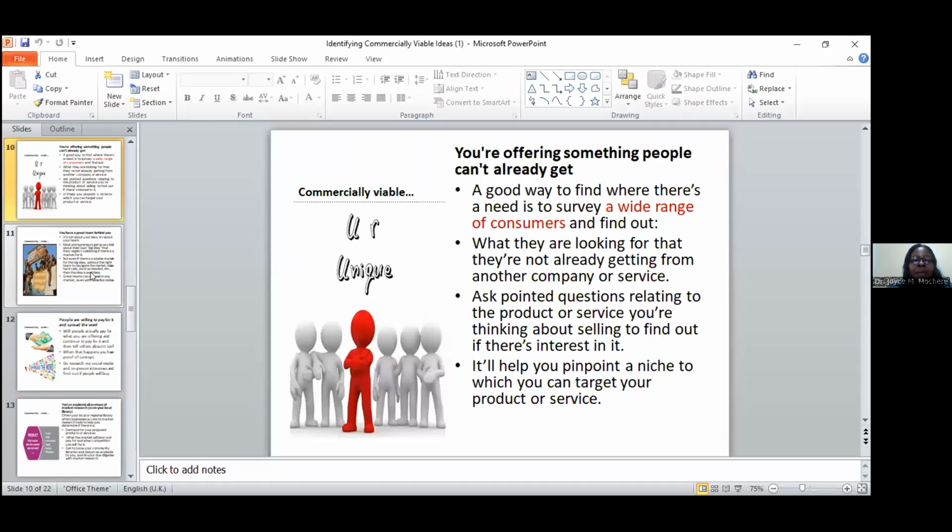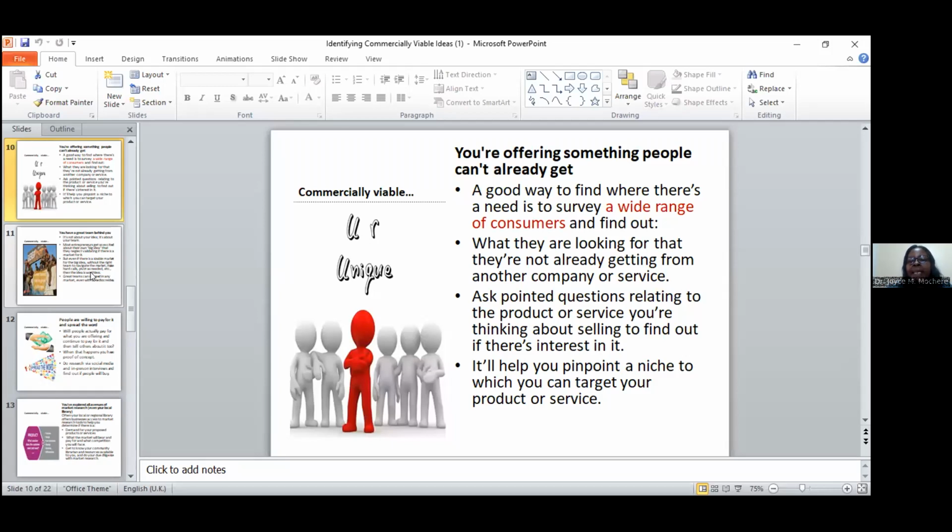Are you offering something people can't already get? I think I read somewhere, somebody was writing that, are you going to sell sand in the desert? Or in other words, are you going to sell something that people already have? And so if you are doing that, what is the uniqueness of how you are going to convince them to buy the same thing, like selling ice in Iceland, the very cold places? Are you going to succeed? What improvement have you made on it that will make it unique for them to be attracted to it?